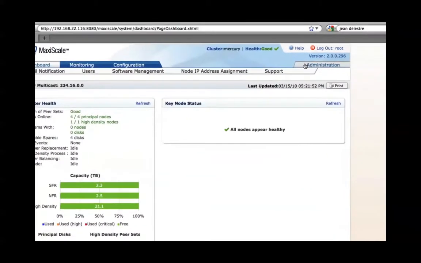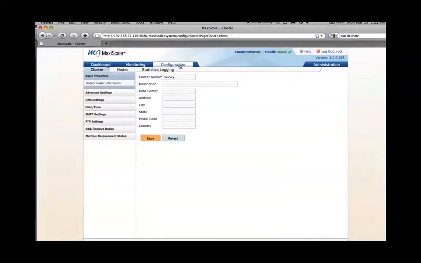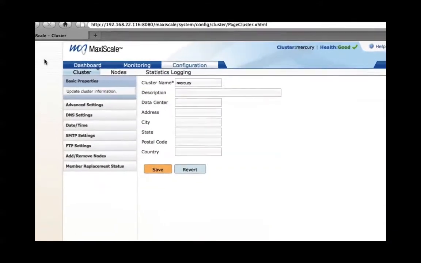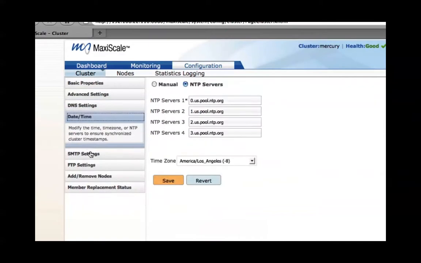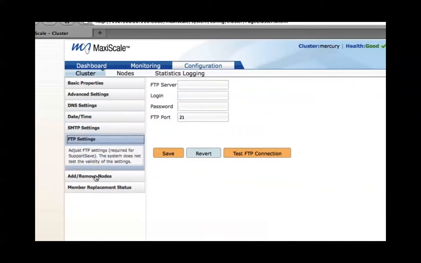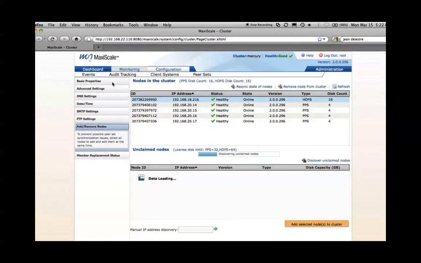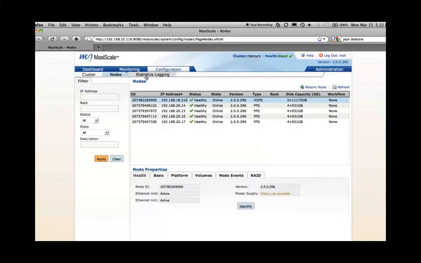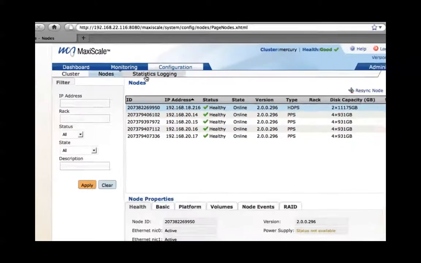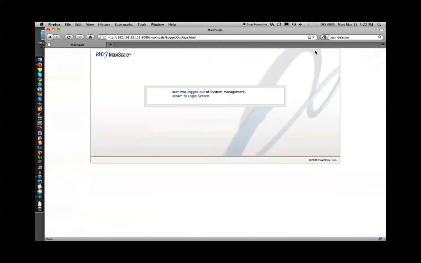One of the things to note about this MaxiScale system is that as a file serving and storage solution, it's really intended to be a set it and forget it kind of approach. Aside from perhaps having to add a few new nodes to add capacity or bandwidth, or potentially changing out a node that may have gone awry, there really isn't much that's intended to happen on an ongoing basis. And so you can see that the system provides the ability to see all of the nodes, look at their health, monitor statistics and logging information. But again, the idea is once the system is configured, it really takes care of itself and leaves people to focus on scaling out their application.